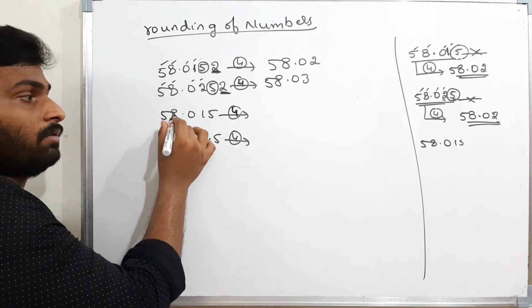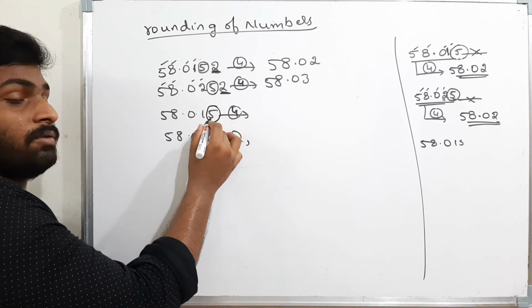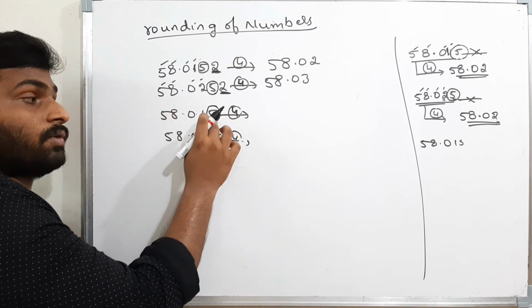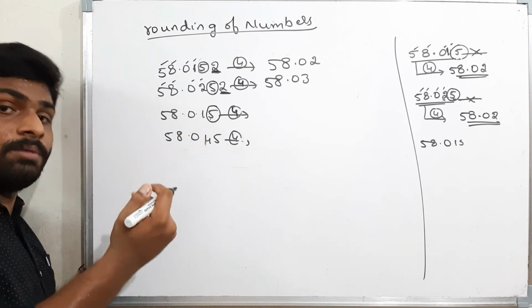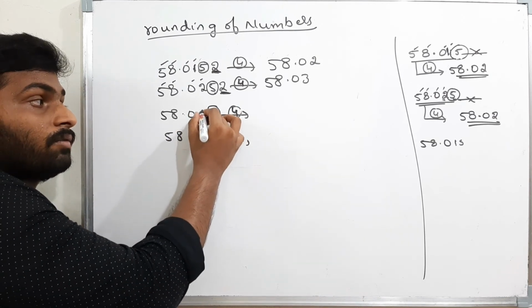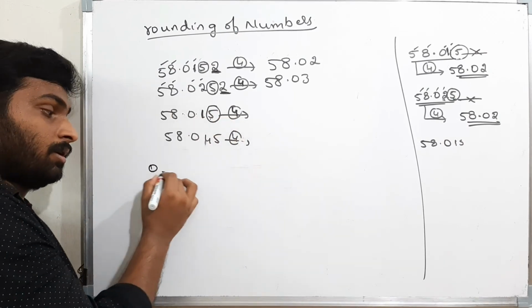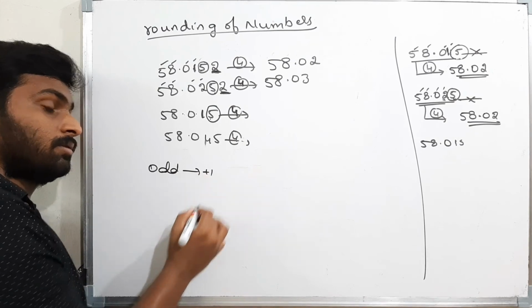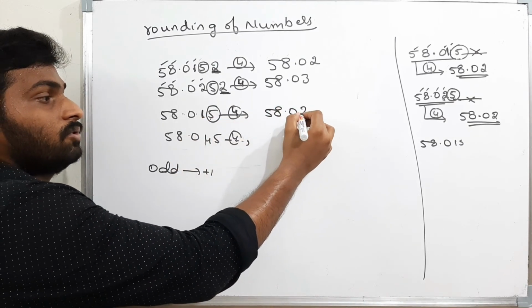Now this one also, we have to round off to 4 significant figures. That means 5801. I have to round off the 5. Now 5 is equal to 5. Okay, well and good. Is it followed by any number? It is not followed. If it is not followed, then I have to see the before number. Is 1 even or odd? 1 is odd. If it is odd, I have to add plus 1. Therefore, plus 1 to 1, that is 58.02 is the answer.